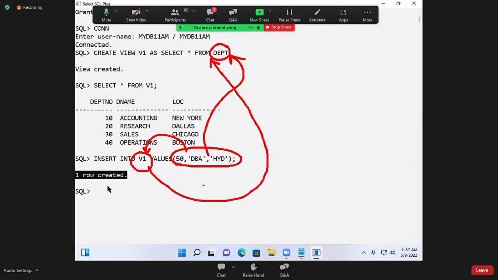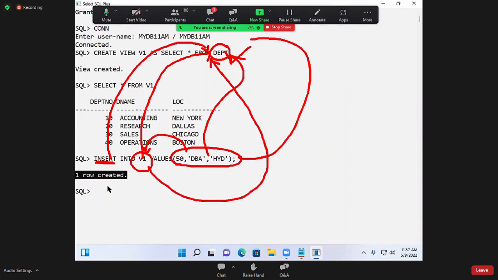What is my physical here? Come on, what is my physical? DEPT. That means view 1 is nothing but DEPT. That's why whatever action I perform here is executing on DEPT. So where will the data be saved? In DEPT the data is saved. But whether that data is saved or reached or not,